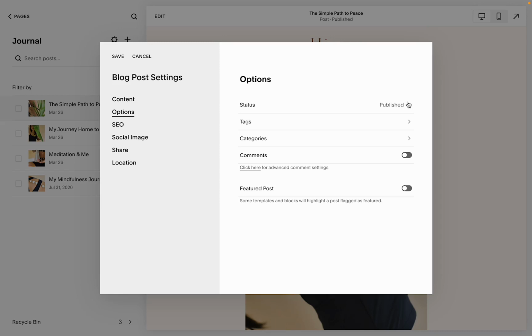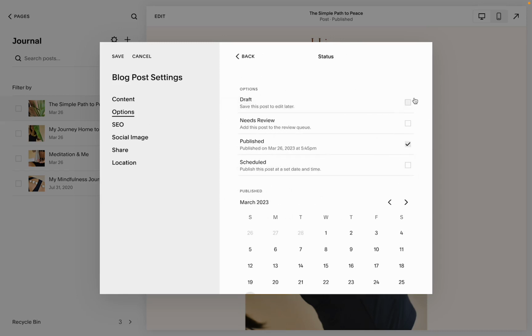In order to publish it, make sure you go into options and make sure you switch the status from draft to published. So here you can make it as a draft, which means it's not yet live. Maybe someone else needs to review it, so you can have it as needs review and then tell whoever you're working with that they need to review it. You can also publish it straight away, and then if you want, you can also schedule it for a certain